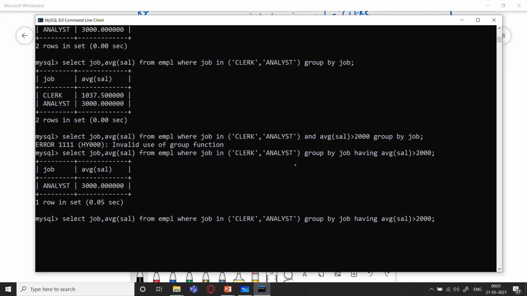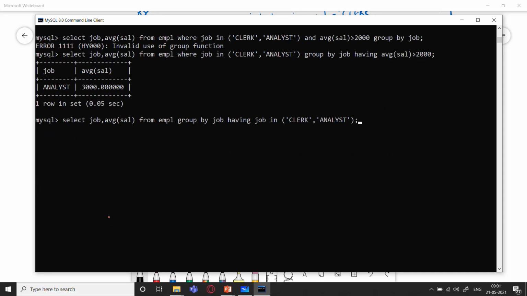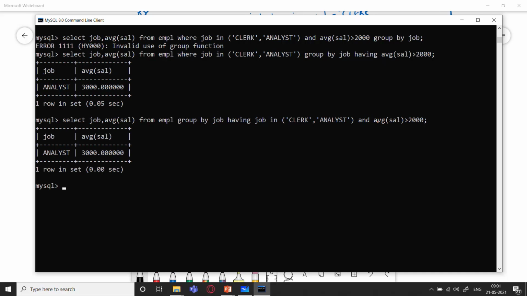An alternative way of doing this would have been this also. That is, we have already taken this select job, AVG sal from employee group by job, having job in clerk and analyst and AVG sal greater than 2000. So here also we are getting the same answer.